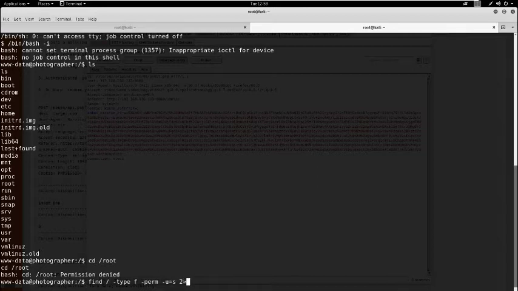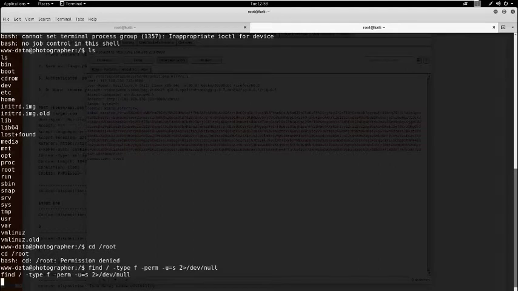Here I'm checking for the SetUID permission. If this kind of file is available, it will definitely help. I already enumerated this machine, so I'm doing it for you.